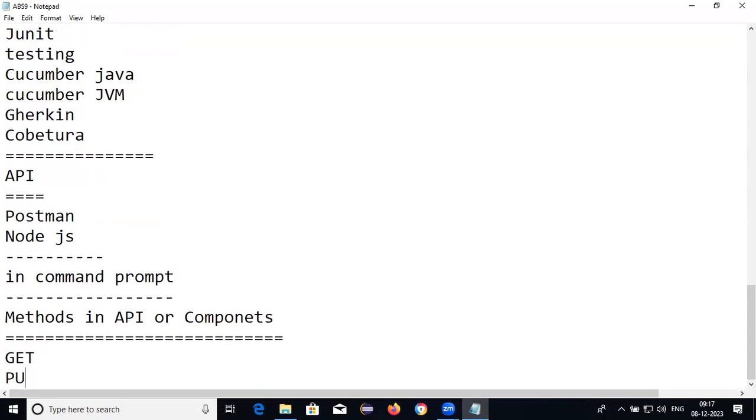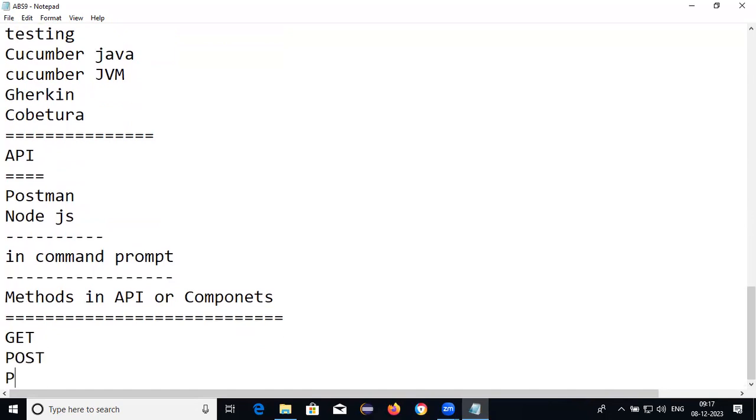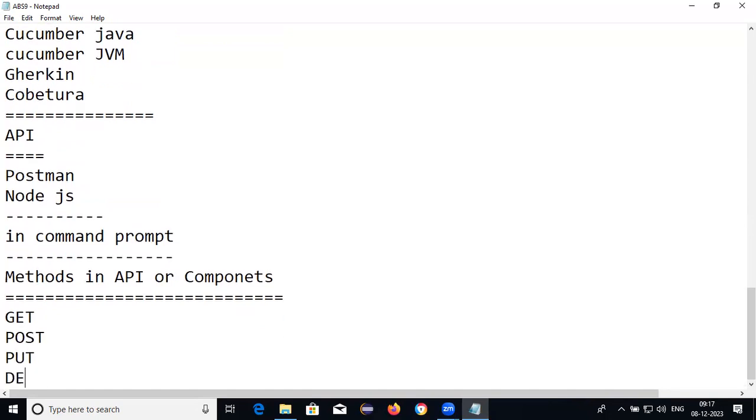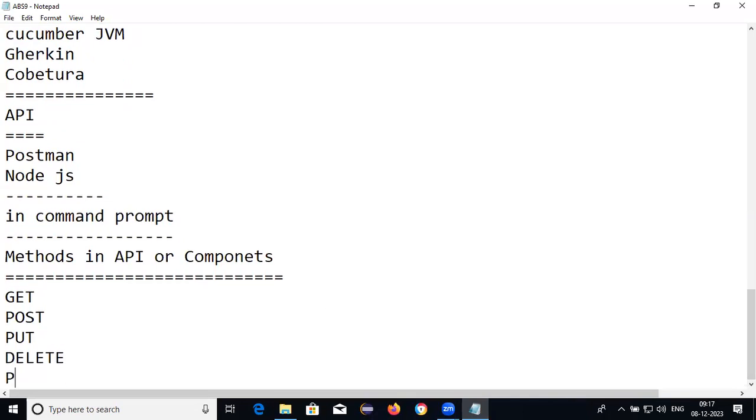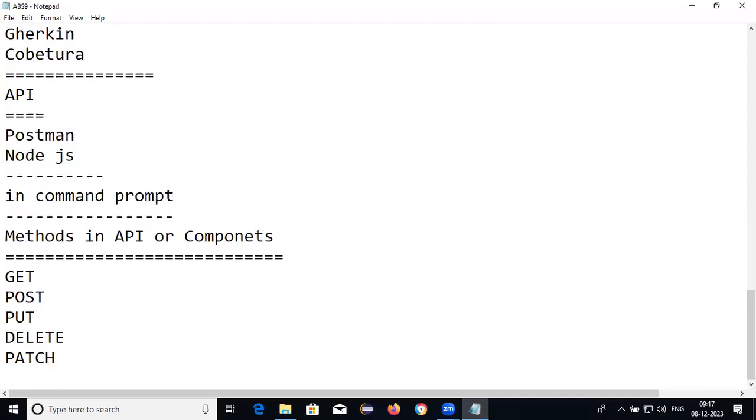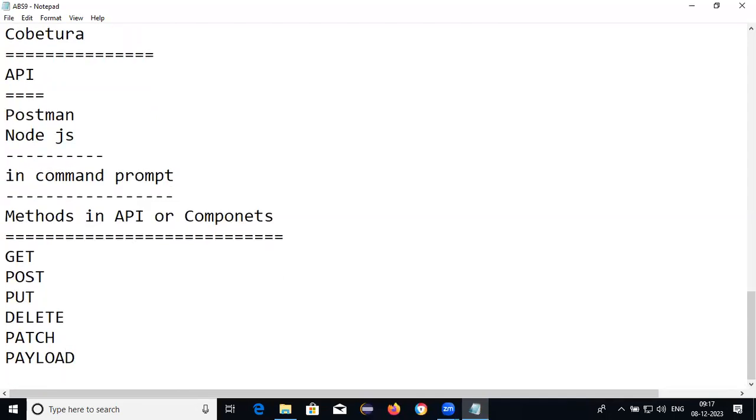The next ones are POST, PUT, DELETE, PATCH, and payload. These are all components or methods in API.